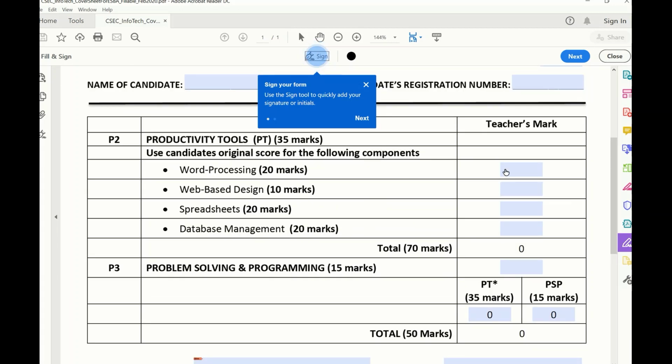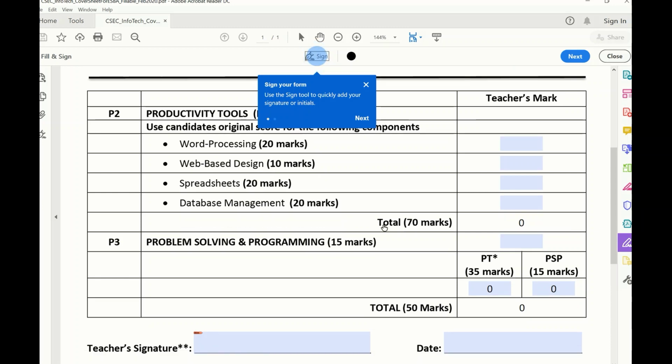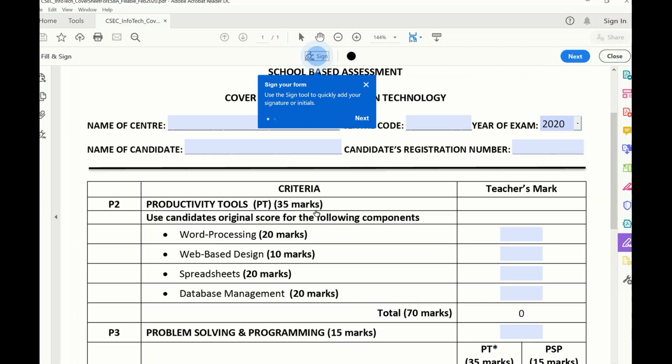When you put in your marks, you will see it tallying at the bottom, so that's a little check for you to ensure that the marks you're entering are actually calculating the way they're supposed to. Right, so you're just going to complete that form. You're going to put the name of your center, that would be your school, and your code. Your code is normally the first 5 digits